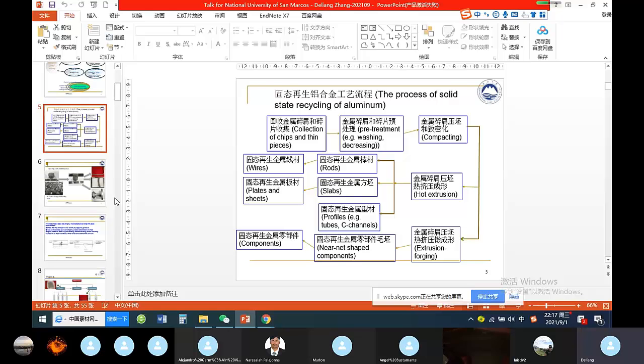But that's not enough, because for casting, we have to make the liquid metal at least 50 degrees higher than the melting point. So normally, we heat the liquid to 720. That means 720 in comparison with 500. So that's already 220 degrees higher, which means you have to supply more energy to heat the metal. But also,